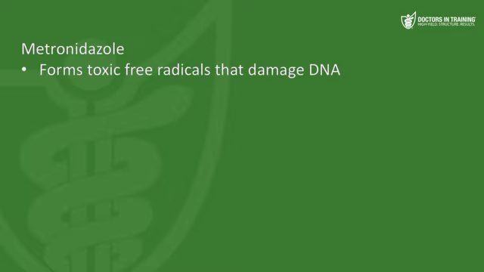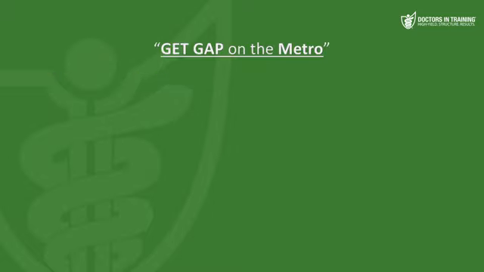Metronidazole is an antibiotic, but we also use it to treat protozoal infections. So how does it work? It gets absorbed by microorganisms and then it forms toxic free radicals that damage the DNA. And what specific organisms are we talking about? There's a great mnemonic that's been around for ages. It's get gap on the metro. Metro is metronidazole and get gap stands for